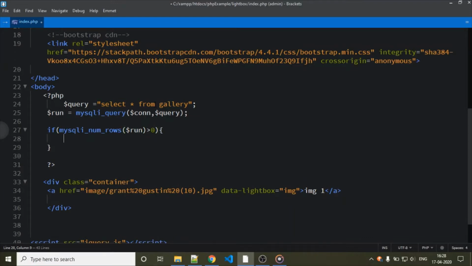This query returns a result in the form of arrays, so we use a loop, in our case a while loop, with mysqli_fetch_assoc for fetching records. This needs one parameter, the query run variable.